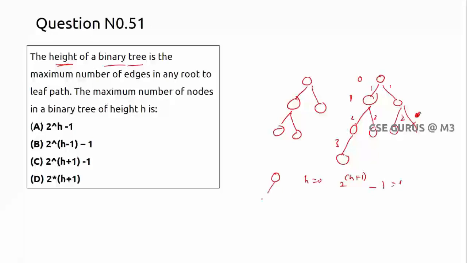Let us suppose it is asking for the maximum. That's why I'll make it a perfect binary tree every time. So now 3 nodes, h is 1. So 2 power 1 plus 1 minus 1, which is 2 power 2, 4 minus 1, 3. Right? So like this, that's why option C. So here the constraint is the maximum number of edges, right? So you have to consider that if you take height as 1 like this, you will get a wrong answer for this one. So clearly you have to observe. What is h? It is given with respect to the edges. That's why the answer is option C.